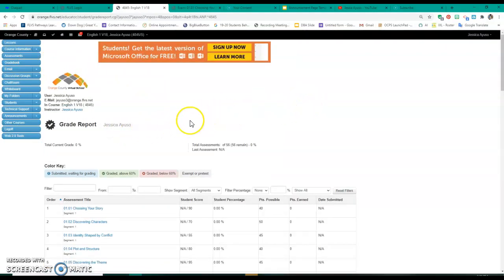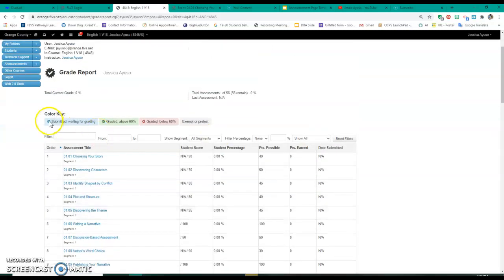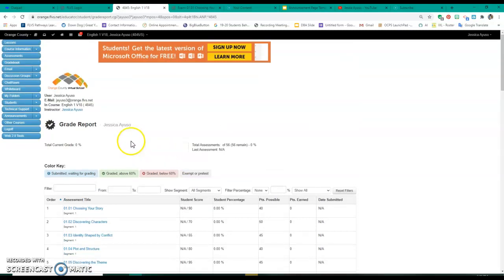little bit more specific because it's actually going to show you all of the assignments that you have, and it will be color-coded. So in this class, I have not submitted any of my own assignments yet, but if I had, you would see all of them color-coded. Any assignment that is in blue means that you submitted it, but you're waiting for me to grade it. Any assignment that is highlighted in green means that I graded it and you earned a passing score. Anything that's highlighted in red means that I graded it and you earned a failing score, so you might want to look at redoing it. And if it's gray, it means that it doesn't count, meaning it's exempt or it's a pretest that does not